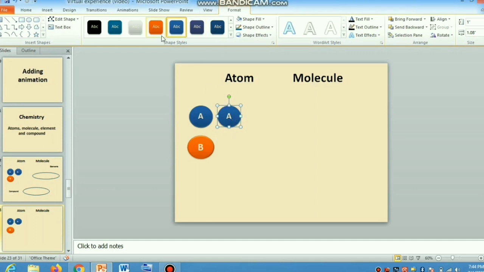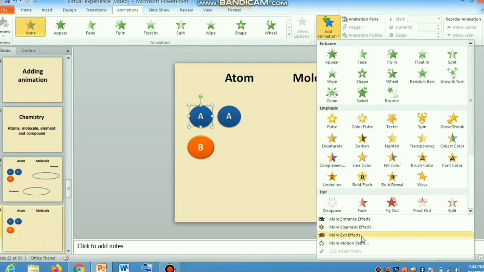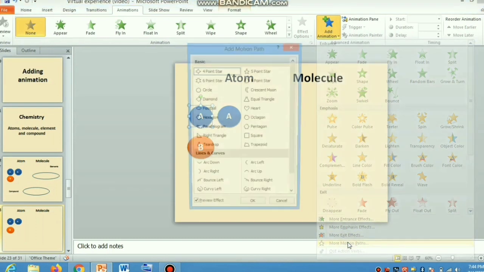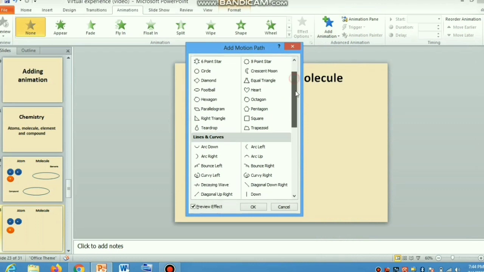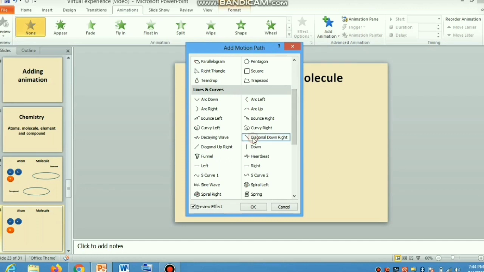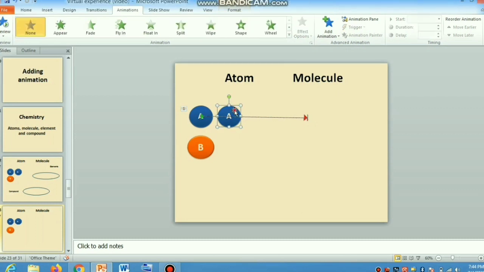So now I would just click the circle and go on to the animation. I would select the animation. There I'll get different options of entrance, emphasis and exit. There I would select more motion paths, where I would get various options in which I just want to bring my image, my shape diagonally down. So I select that, and then I can customize where exactly I want to place atom after movement.